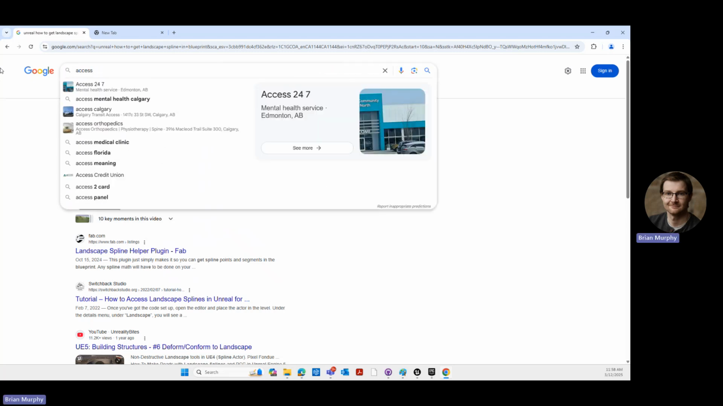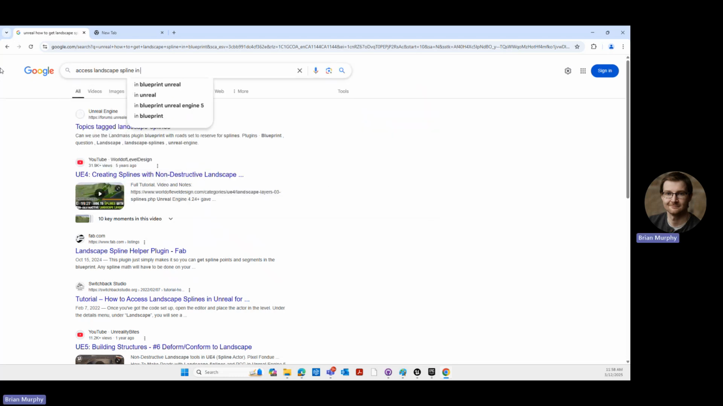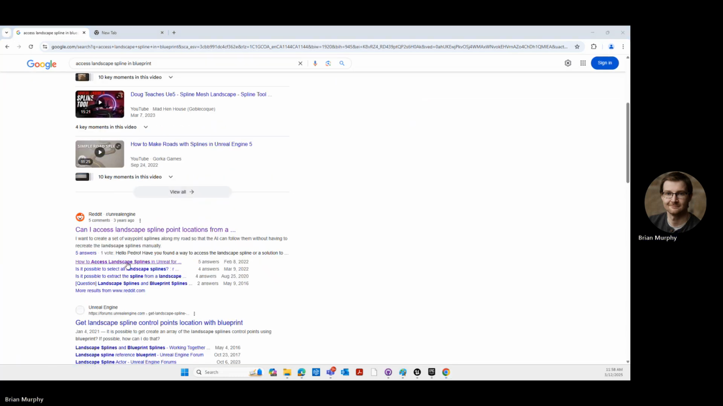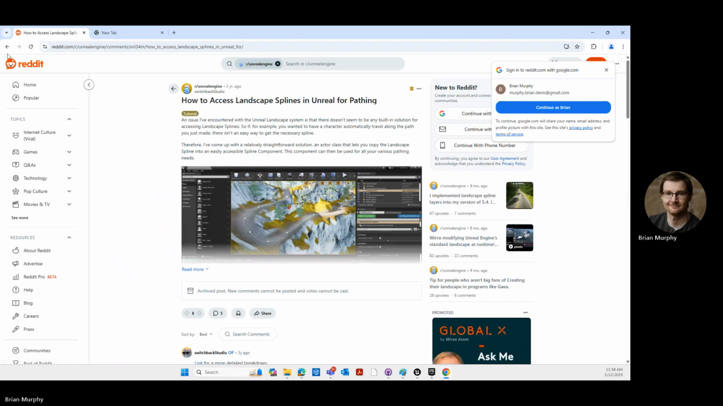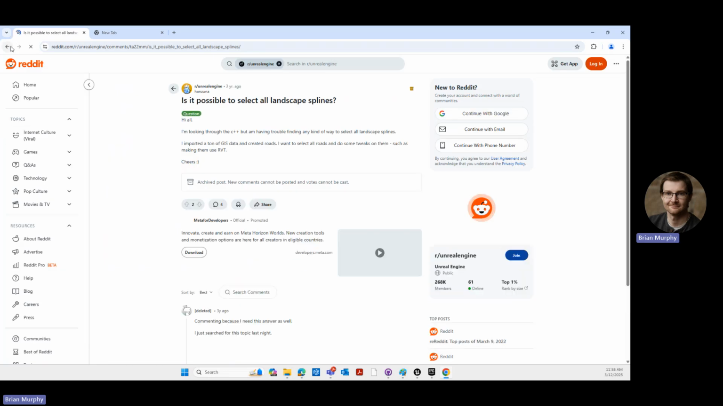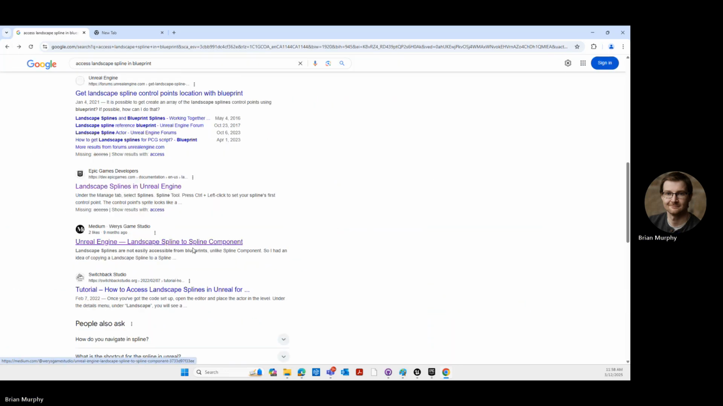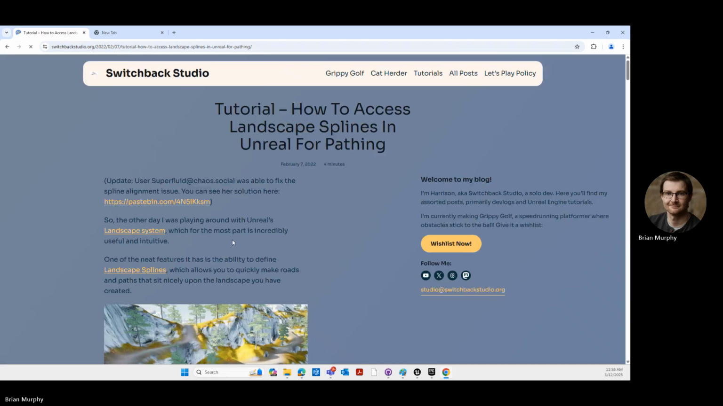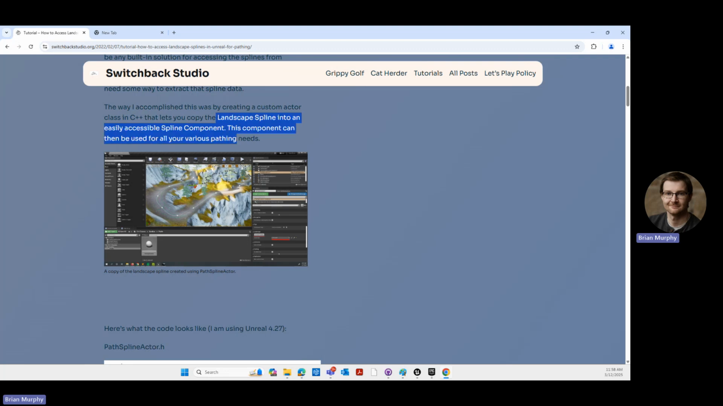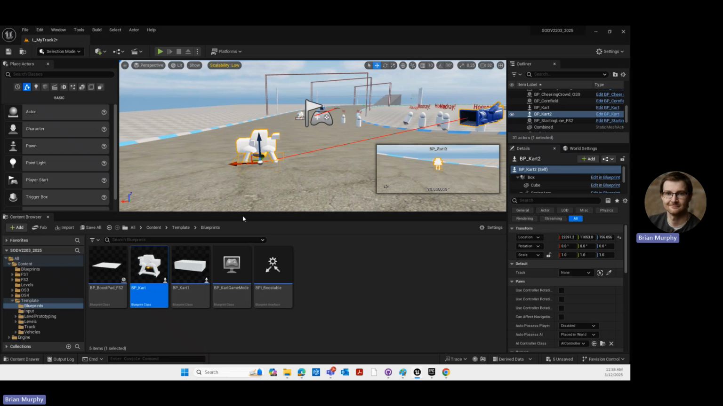Access landscape spline in blueprint. Okay, so this might be a bit more complicated than I wanted it to be. Is it possible to select all landscape splines? It's accomplished by creating a custom actor class in C++ that lets you copy it into an easily accessible spline component. Okay, so one way we could do this,